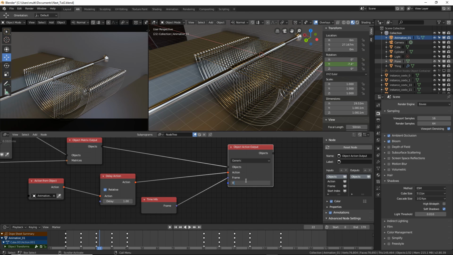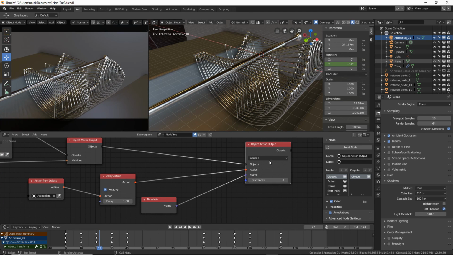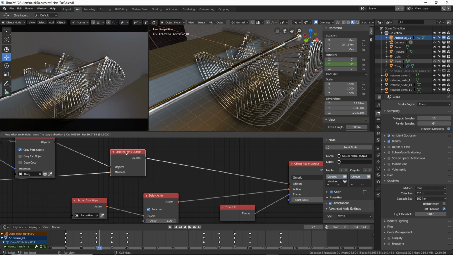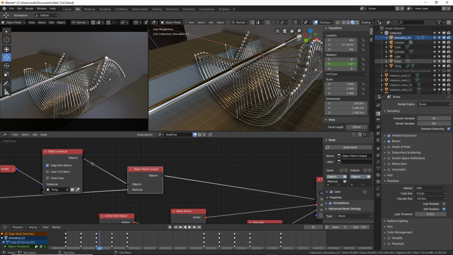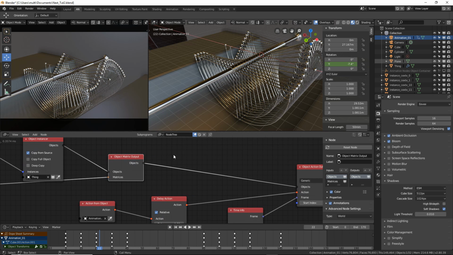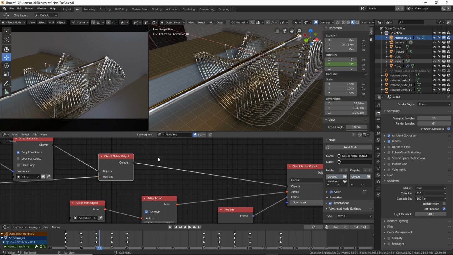So I'm not going to change it, so let's keep the start index at 0. What I'll do is I'll just switch the number of elements. All these objects are in a list, and if I reverse the list, all the animation will be reversed as well. So let's add a reverse list node.